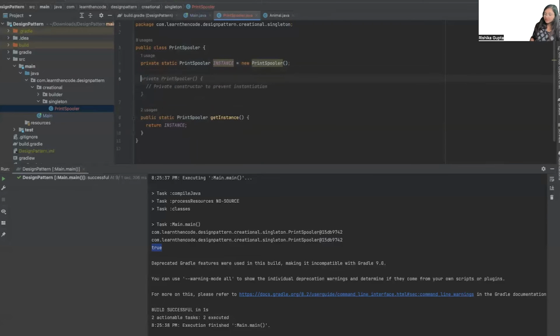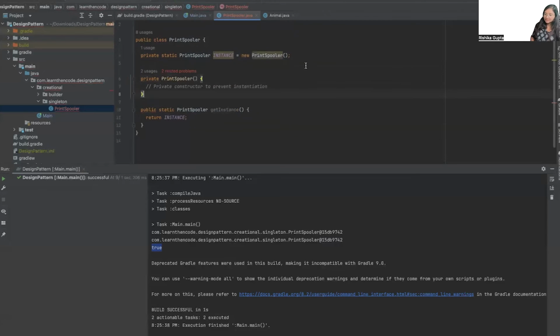And also one more very important thing, you have to create a private constructor for this class, private default constructor, because you want to prevent the initialization of this object from outside, right? So by default जो हमारा constructor होता है वो हमेशा public बनता है. So if you want to prevent anyone outside this class to create object of this class, you have to create a private default constructor.